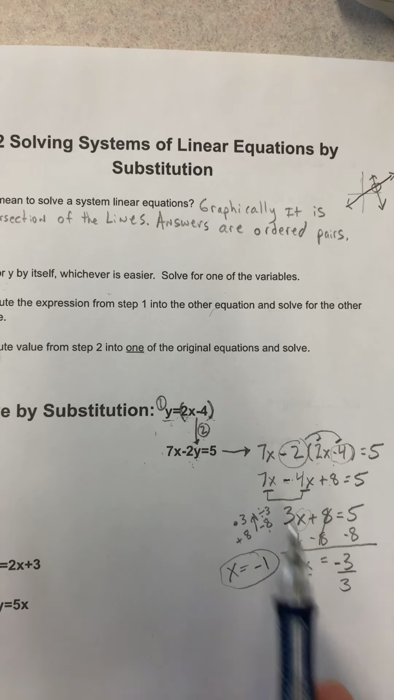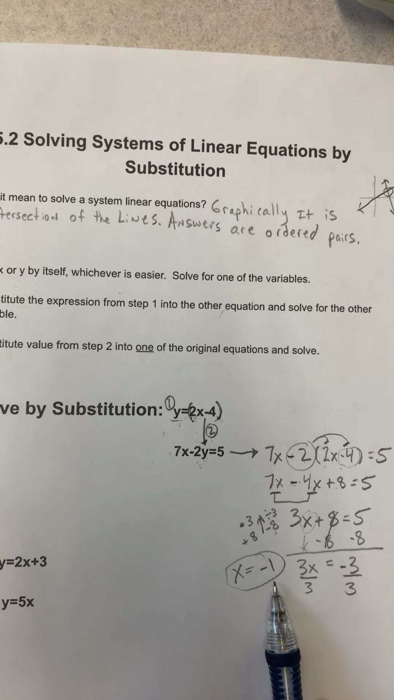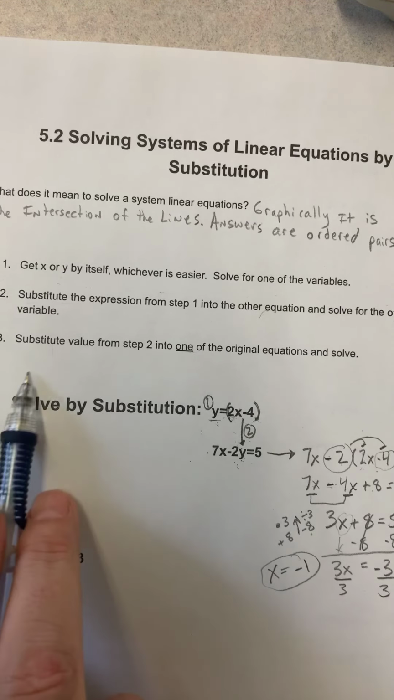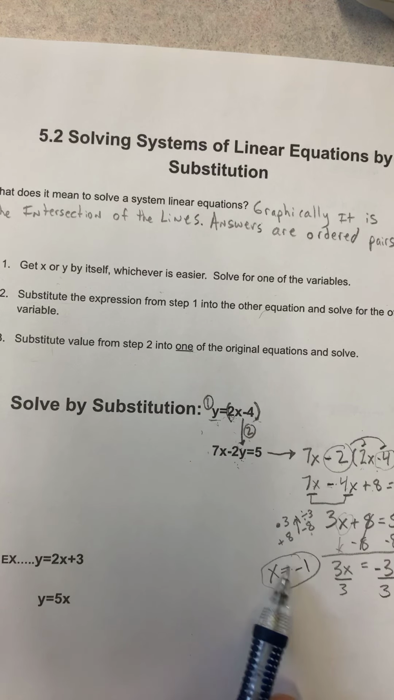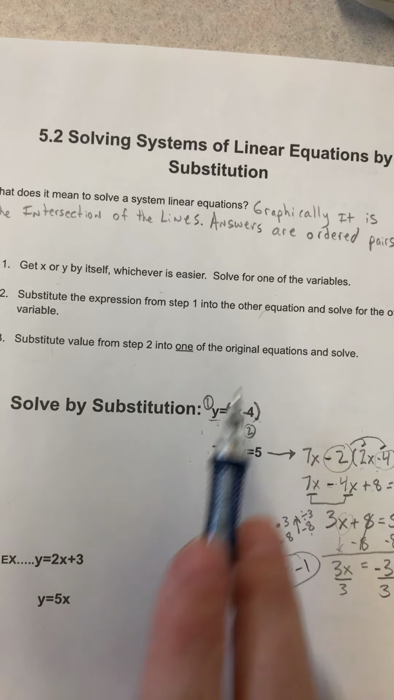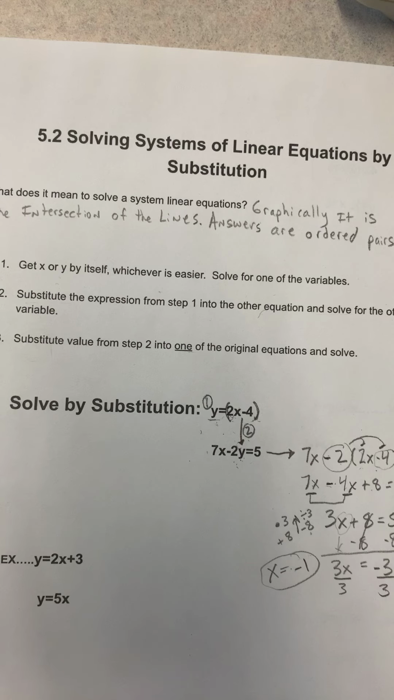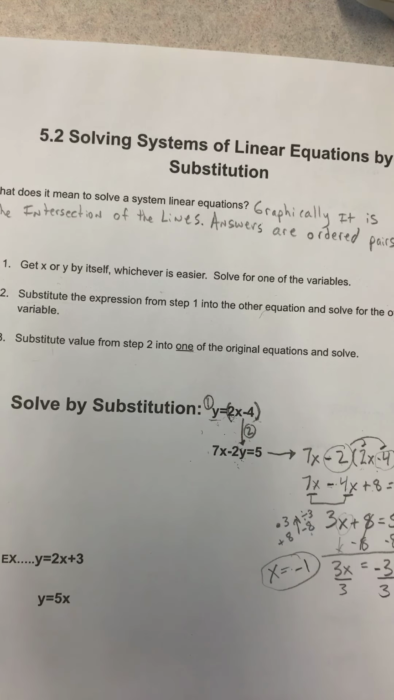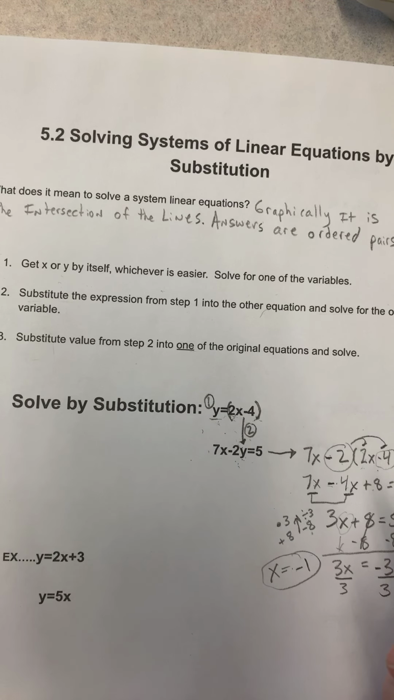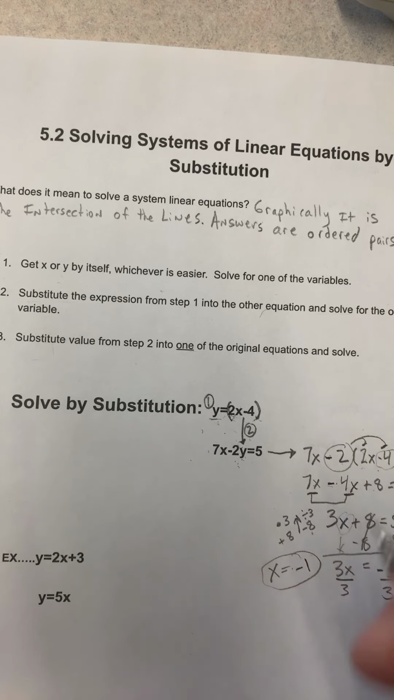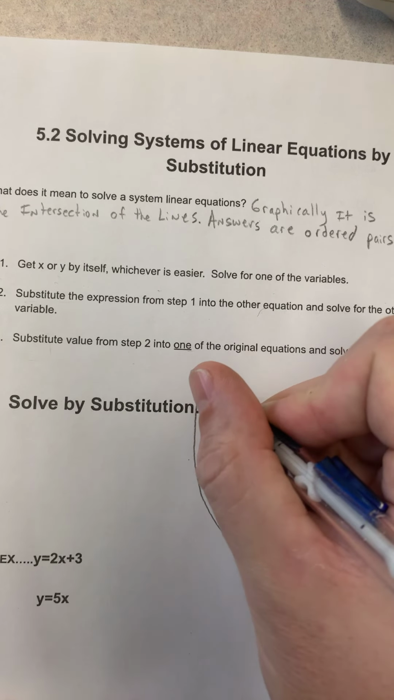Remember though, answers are ordered pairs. You have an x, now I need to find out a y. I'm on to step 3. We want to substitute the value from step 2, -1, into either one of these original equations. It doesn't matter which one I use. Now when I look at this, if I'm looking to solve for y, I like this first equation because y is already by itself. So I'm going to take this -1 now, and it's going to go back in up here,